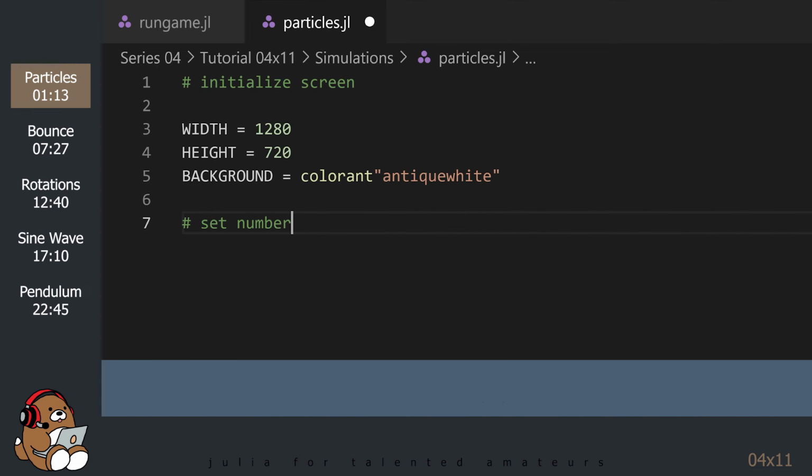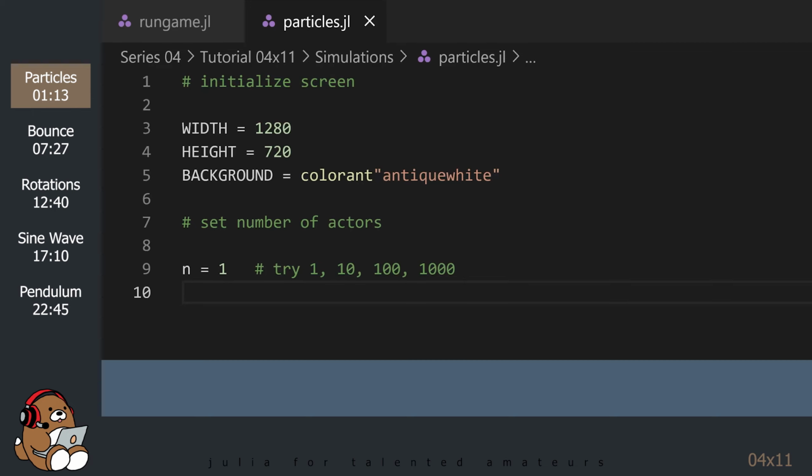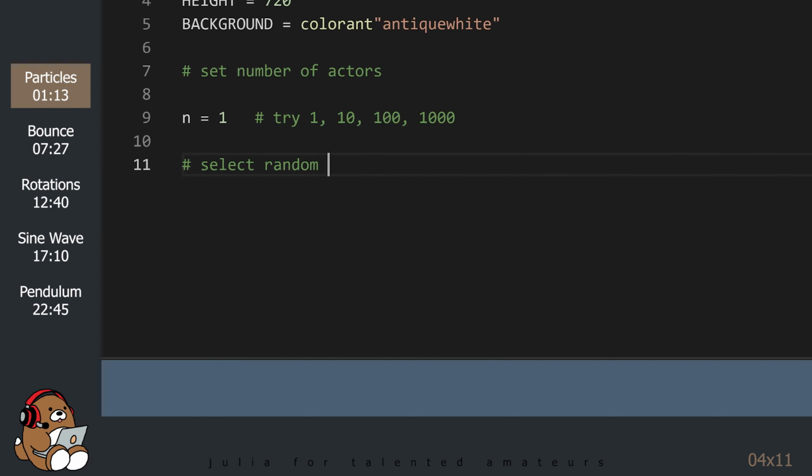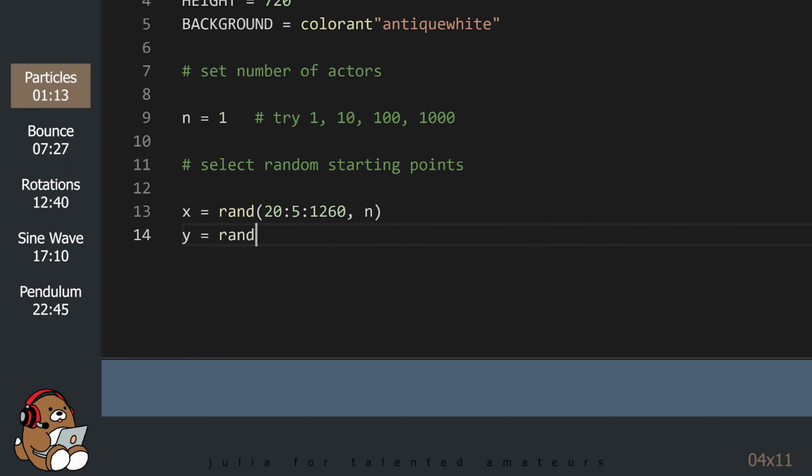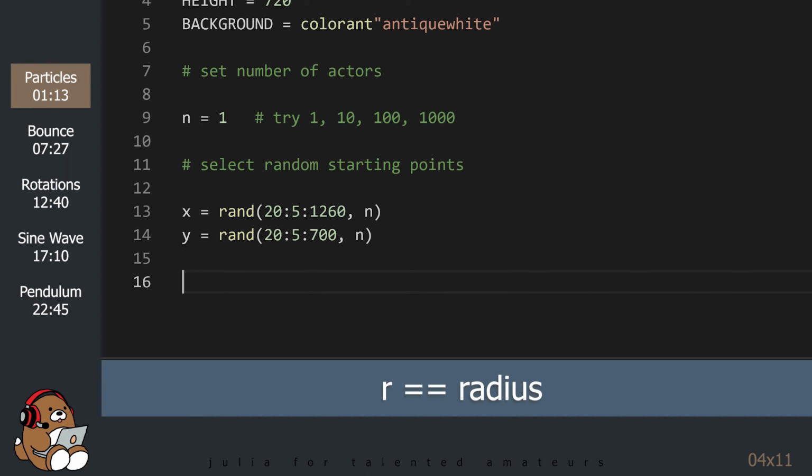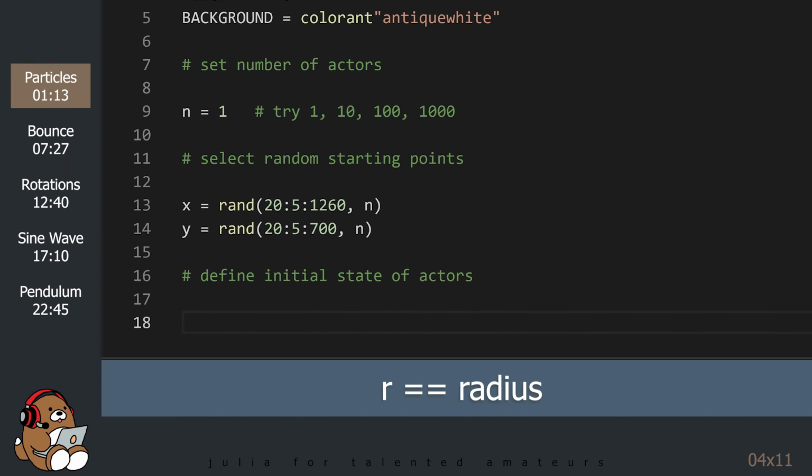Next, let's set up a variable so we can change the number of actors in our game window. We'll start with just one actor. Next, let's select random starting points for our actor. Next, we define the initial state of the actor.